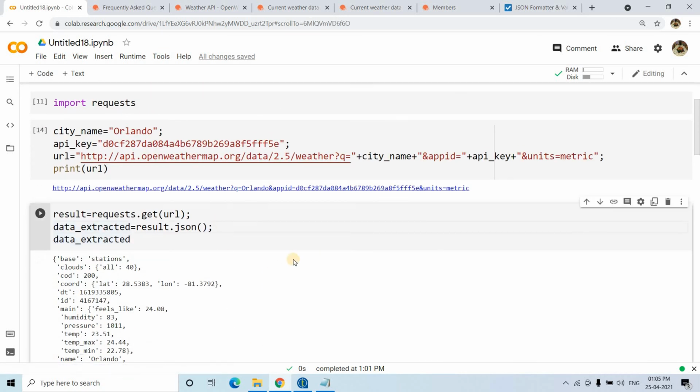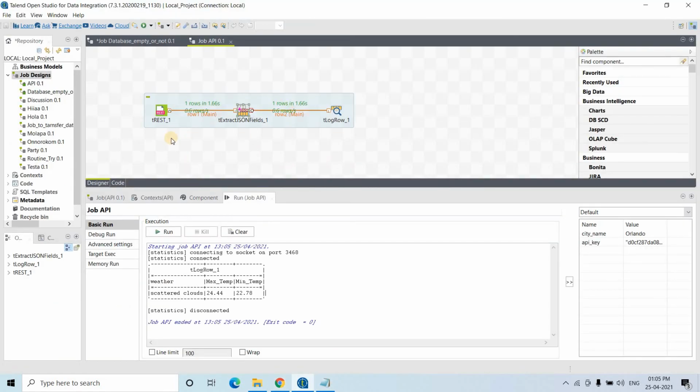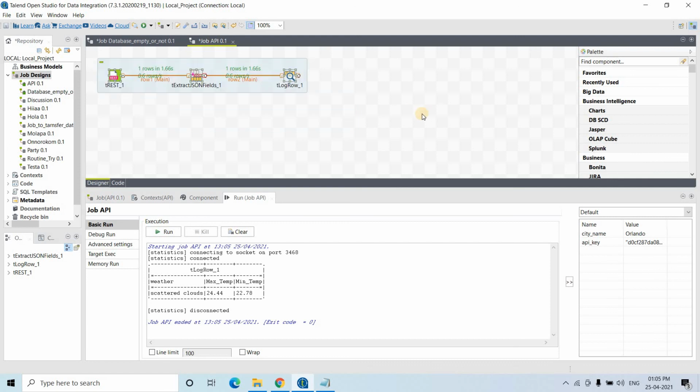So we knew how we can call APIs in Python, and how we can use the same concept in Talend. Now, how might you need to use this? Suppose you are asked that this is one particular part in a big project component: extract the data using the API, then put it in an S3 bucket. So what you have to do is create an S3 connection and then put that data in the S3 bucket, in a particular file. You can append, or you can create a new file like that.